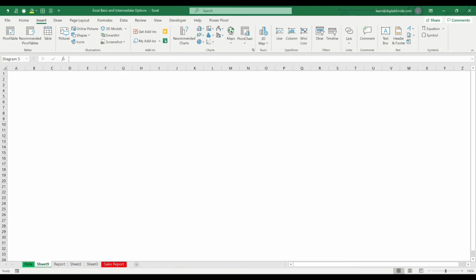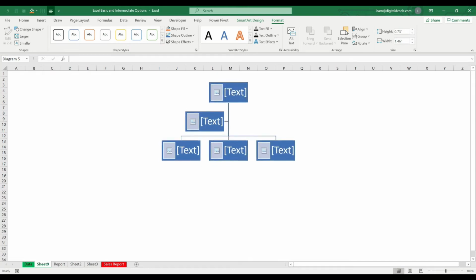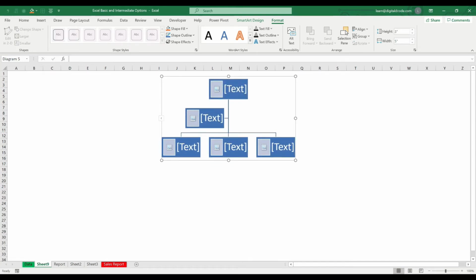Okay, so this is the hierarchy structure. If you see, this is the top level, and this is the next level, and under this, three levels. Okay, to make changes, let me take CEO. And the second tab, CFO, and the third tab, EVP 1, EVP 2, and EVP 3.